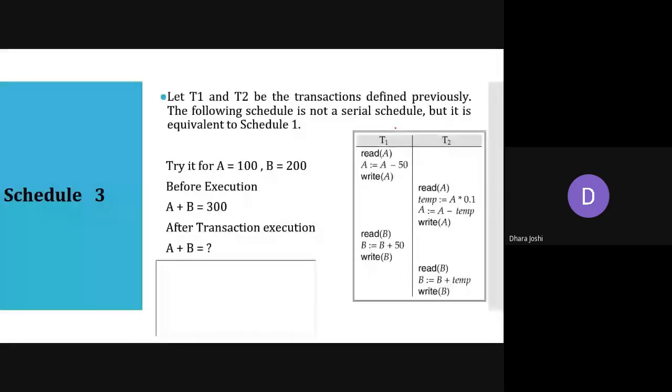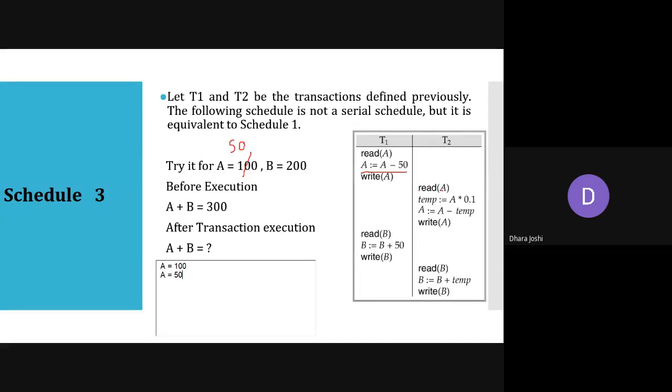Okay, I am doing it quickly. So those who are not able to get how to calculate, can we do it with me? A equals 100. Now A will be deducted by 50 rupees. So A will be 50, and we are writing this A's value here. So it will be 50.